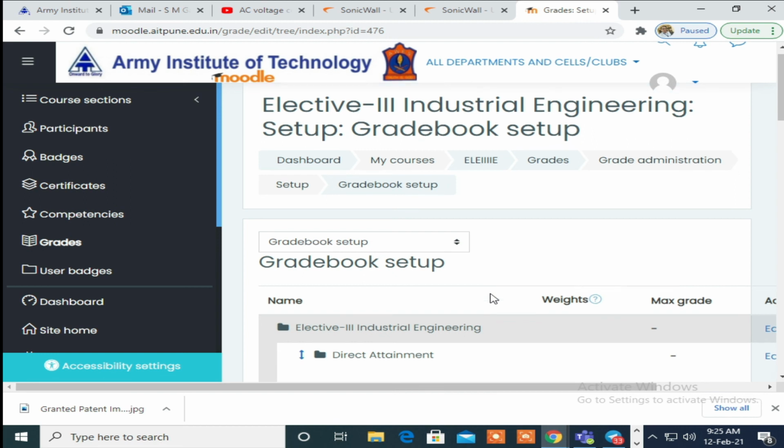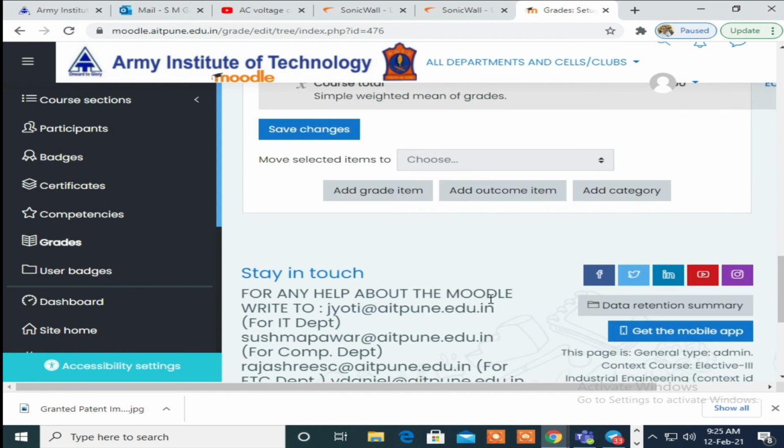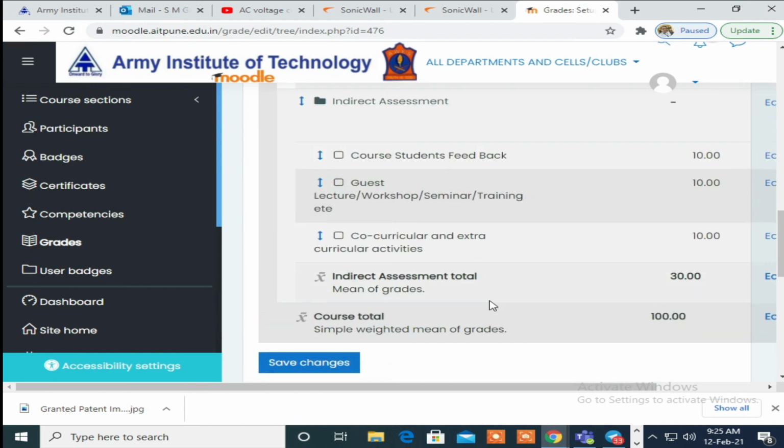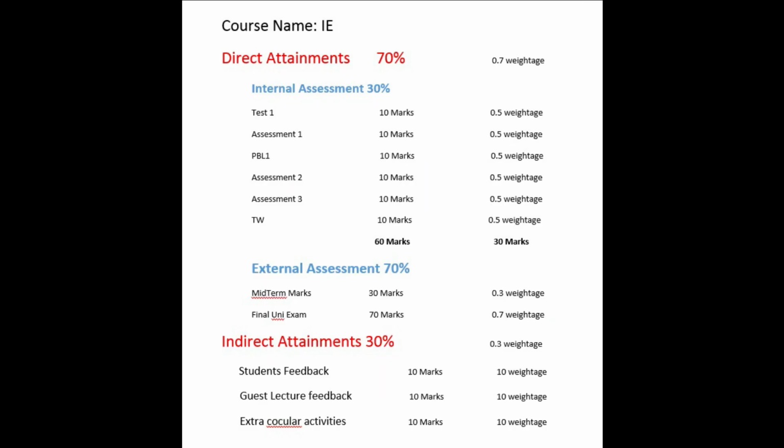So it's all about how we can do our gradebook setting in Moodle so that we can calculate the attainment level. Once again you can see what we did in this assignment. We did some settings in the gradebook about direct attainment and indirect attainment.